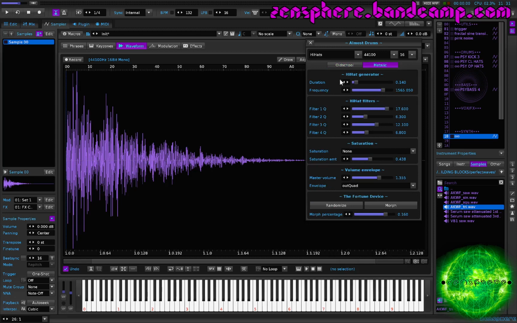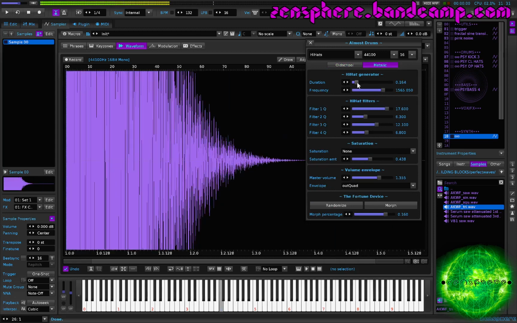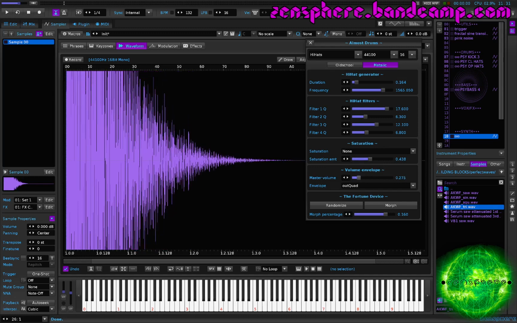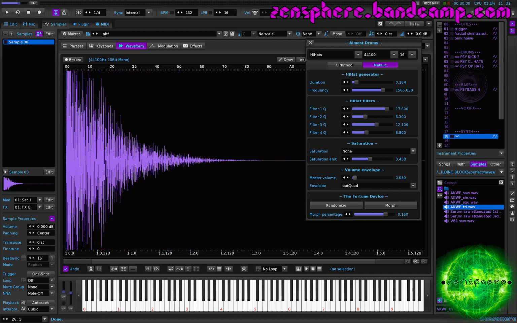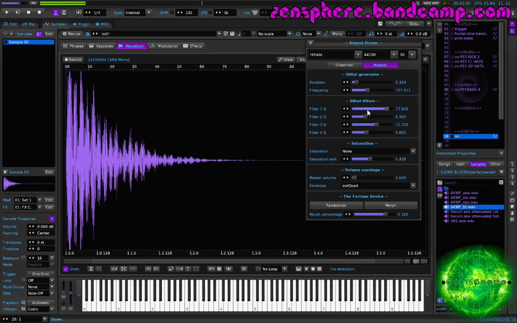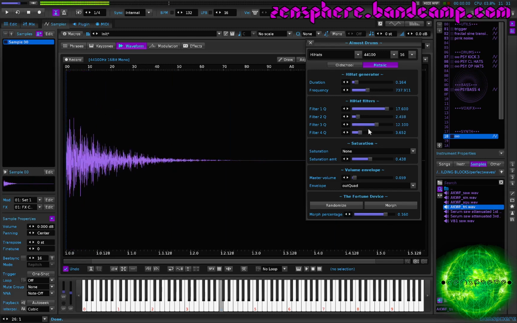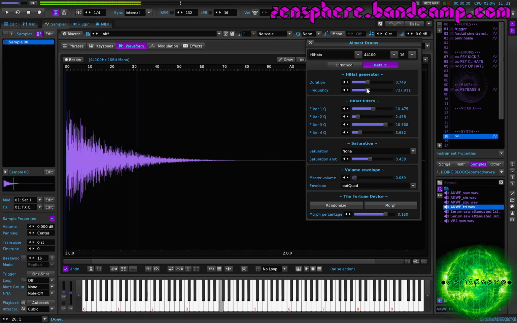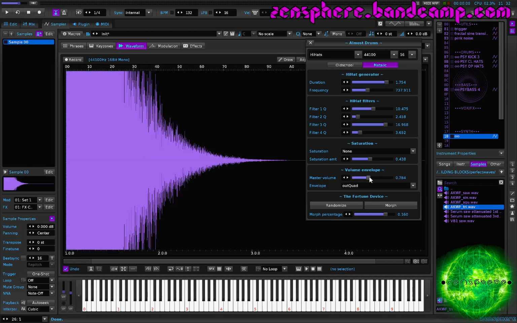Let's check out our metallic section here. And we'll bring our volume envelope down because that is too loud. And I believe these are also high-pass filters. Let's bring our duration up. And you can get some nice open hi-hats from the metallic section. Let me bring this up a little bit. We might want a